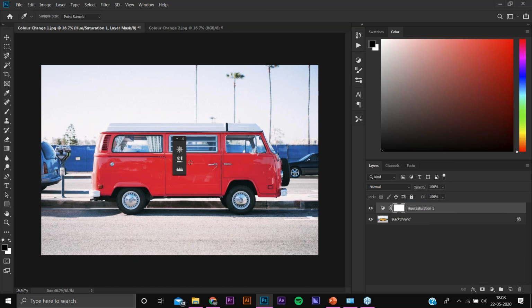Now we will be placing it back. Like I said, in the layer mask, black color would be invisible and white color would be visible. So if any other yellow has been selected anywhere else and its color changed to red, we should first of all clear it out.